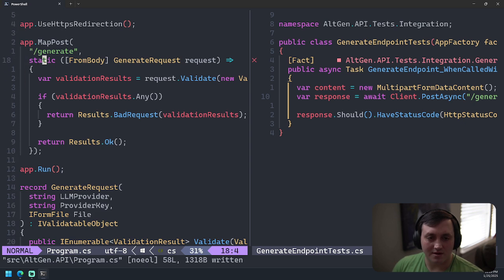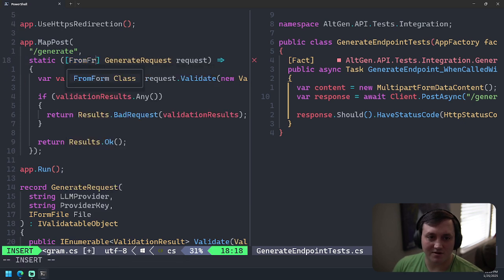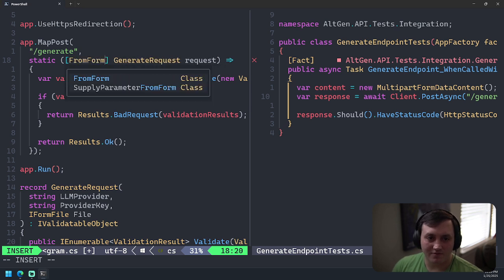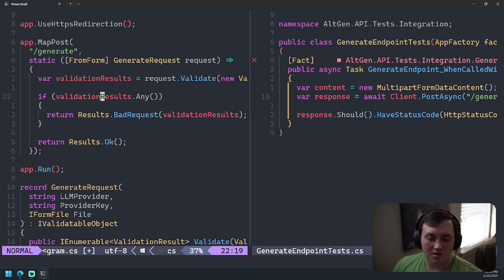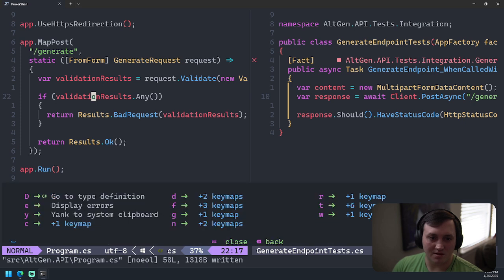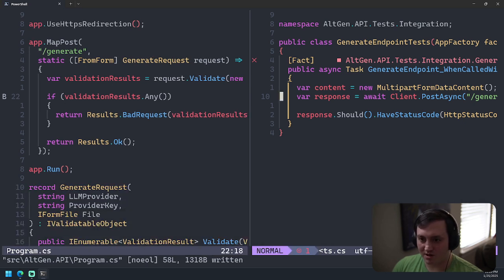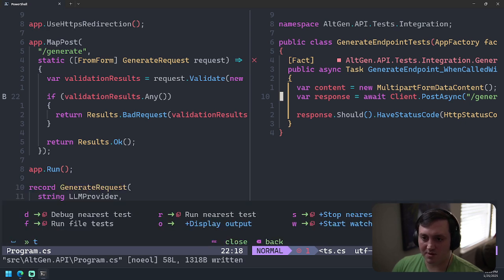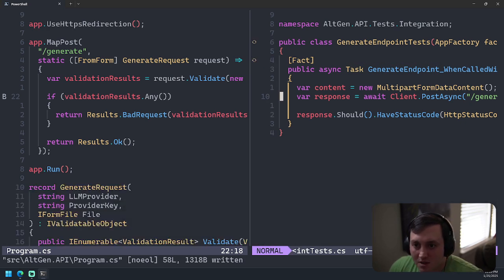Oh, I think this actually shouldn't be from body. This should be from form. Let's go ahead and set a breakpoint there, and we come over here and debug our test.